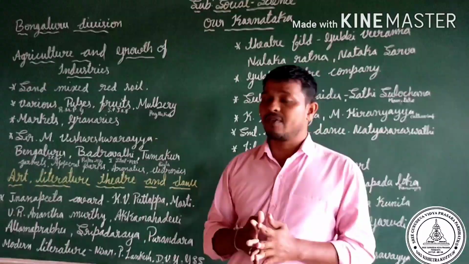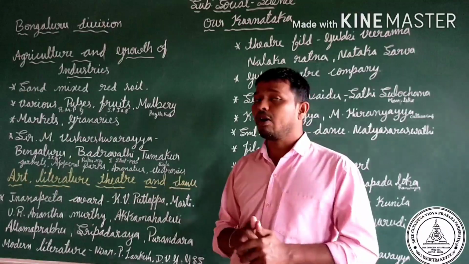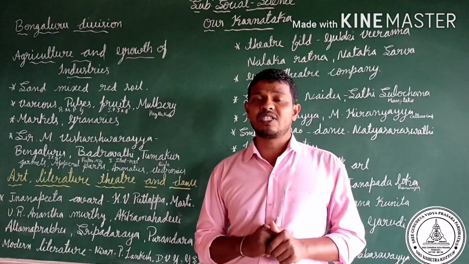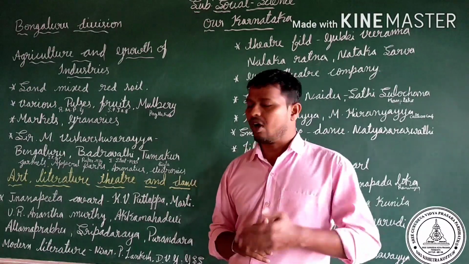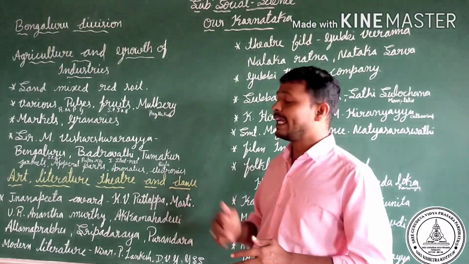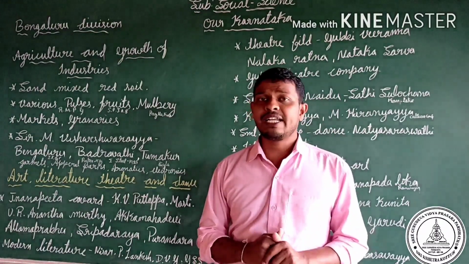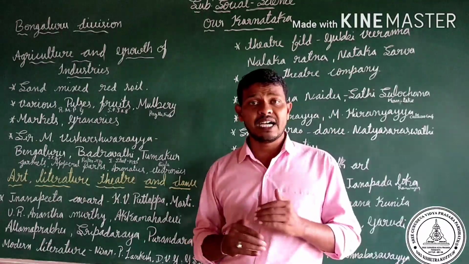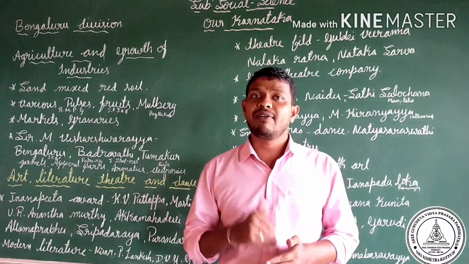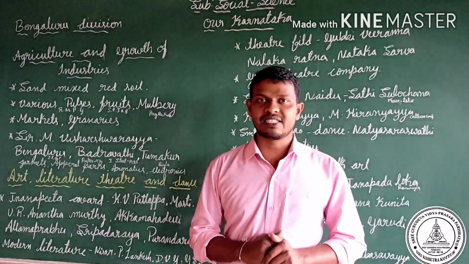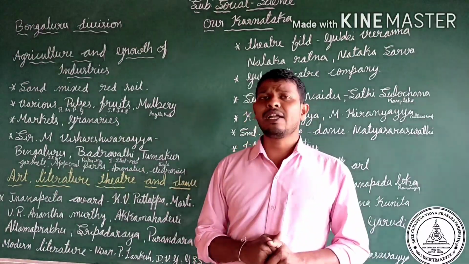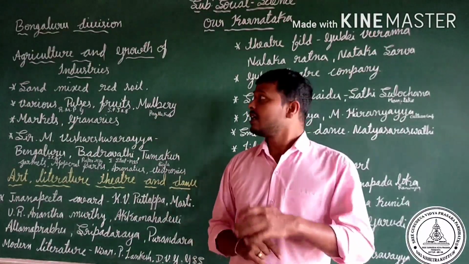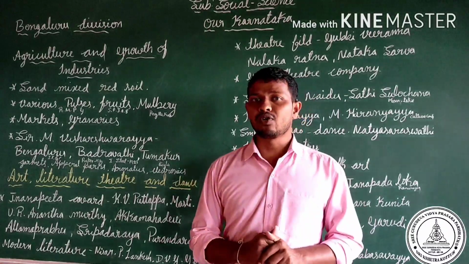So these are all the places where we found many of the apparel parks and garment industries. We can find silk garments and cotton garments. These are all the garment factories we can find here. And Hindustan Aeronautics Limited, which is in Devanahalli, that means HAL. Electronics is also one of the major points that gives richness to the Bengaluru division.